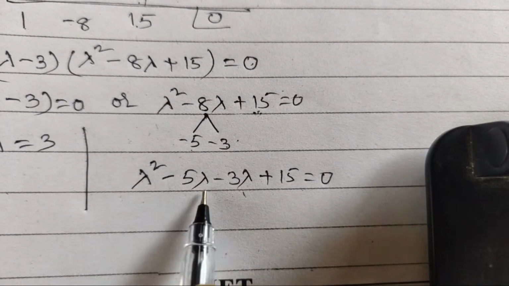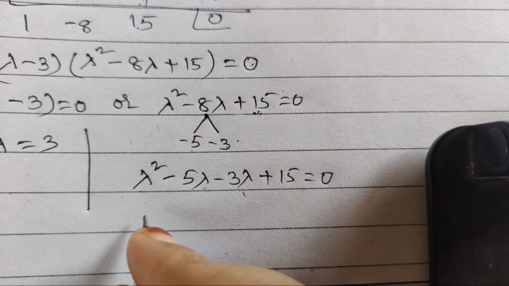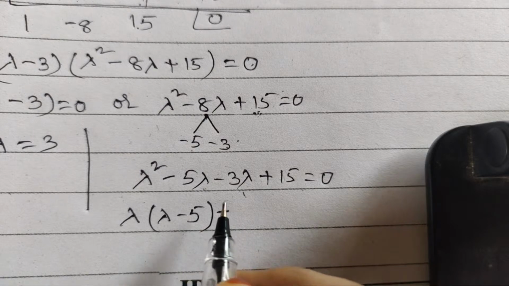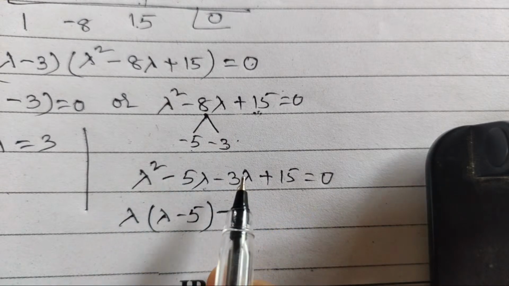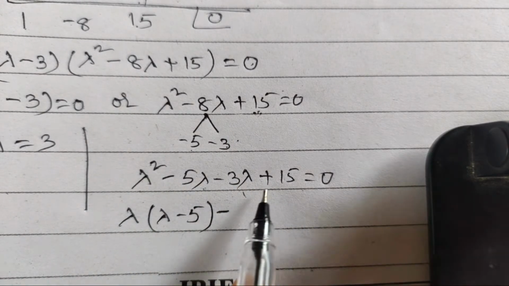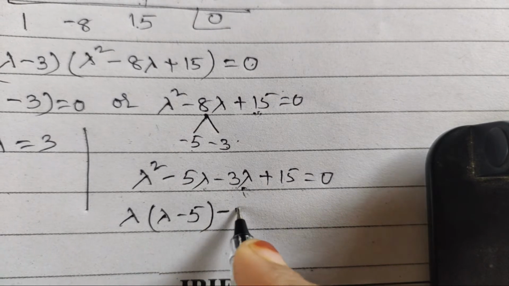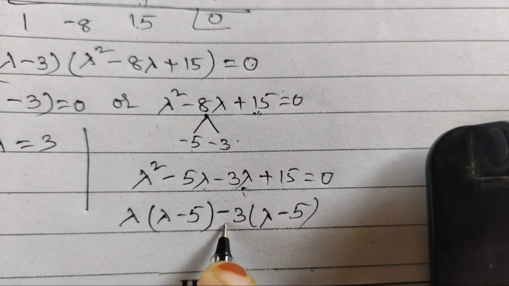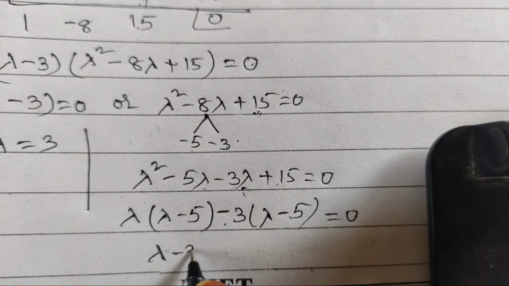From these two terms, which is common? Lambda is common. So lambda of lambda minus 5, then minus, yes, the middle term only we will split in such a way that when you take the common factors, the constant also has to be covered. So from these two terms, if you take 3, I am going to get here lambda minus 5. Minus 5 into minus 3, again I am getting back 15, equals 0. So lambda minus 3,